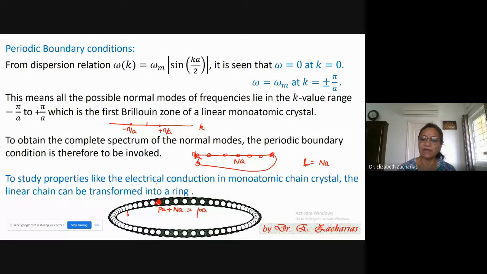The length of the chain is capital L, and it is equal to n into a, where n is the total number of ions or atoms in the chain, and a is the distance between each. After that, we write an equation to talk about the periodicity. We take some origin and move a step pa. We arrive at an atom located at pa. Now, if you travel further by a distance capital N a, which is capital L, coming around the circle once, you again arrive at this same atom. In other words, there is a periodicity: pa plus Na equals pa.